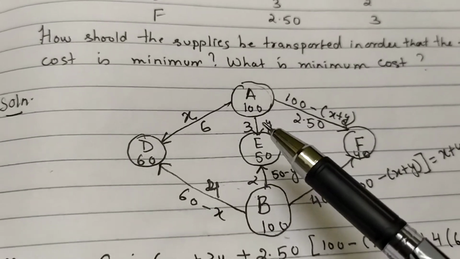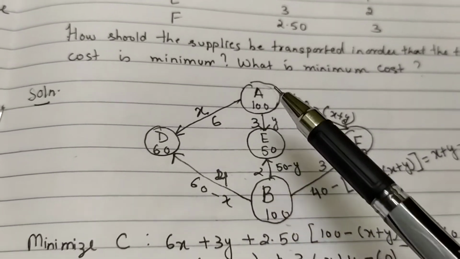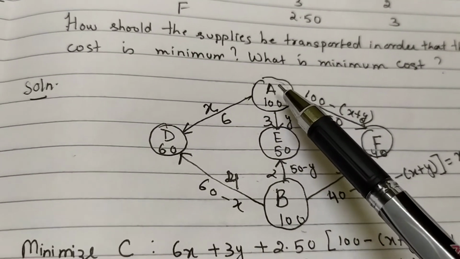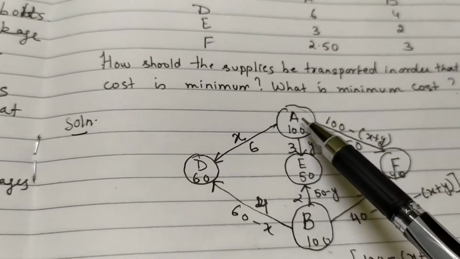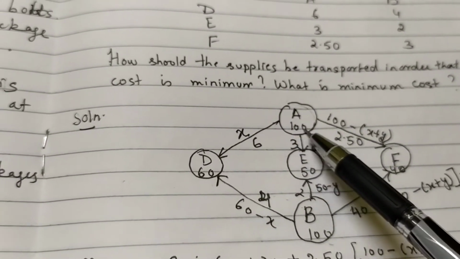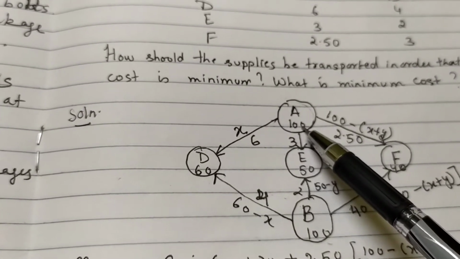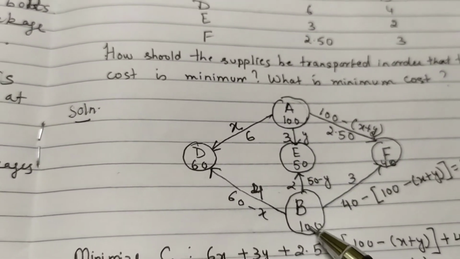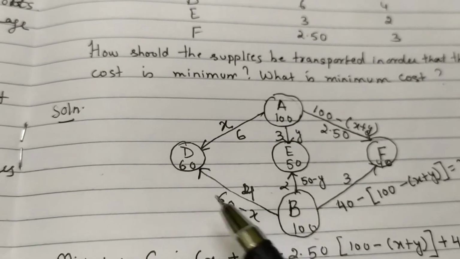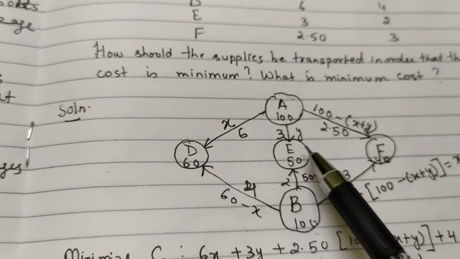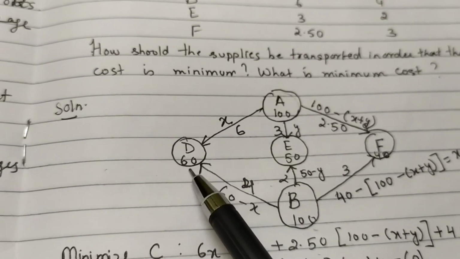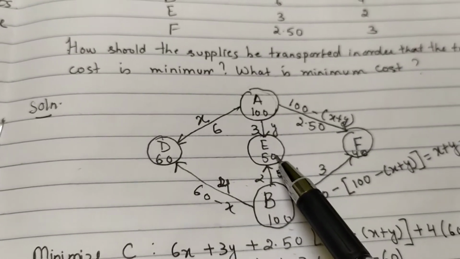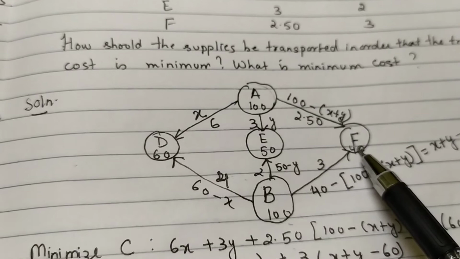So how should we supply the goods? We will make a diagram over here, because with the diagram it is very easy to understand. This is the godown A, this is the godown B. Capacity of godown A I am writing here in this circle, 100 quintal it can store, and capacity of godown B is also 100 quintals. Requirement of the three ration shops D, E and F: D requires 60 quintals, E requires 50 and F requires 40 quintals.